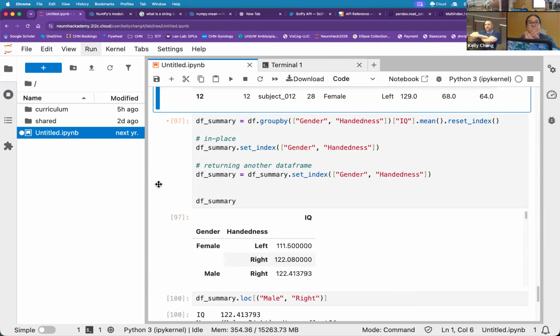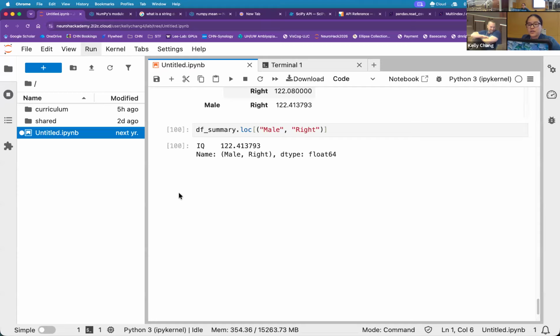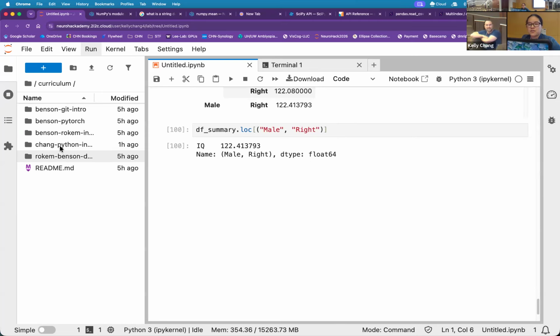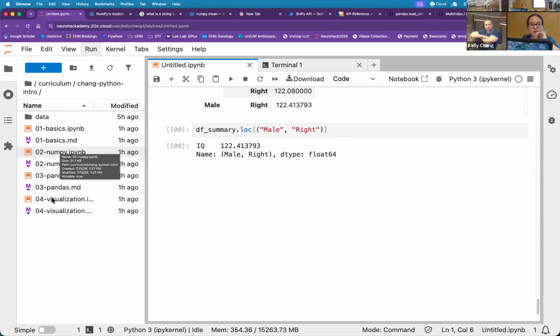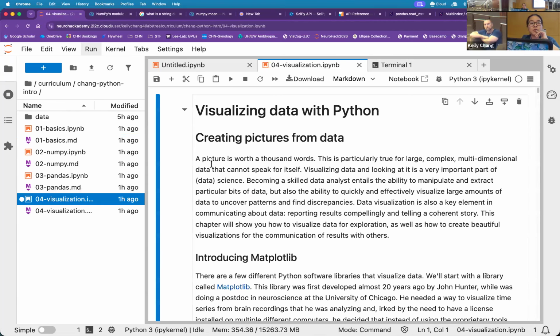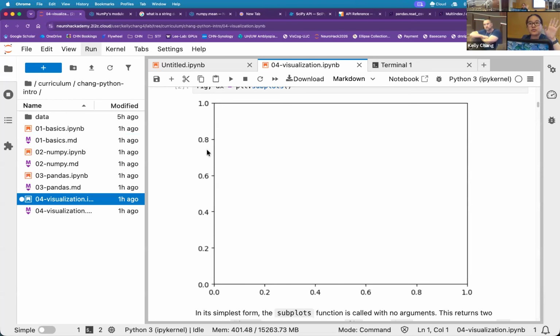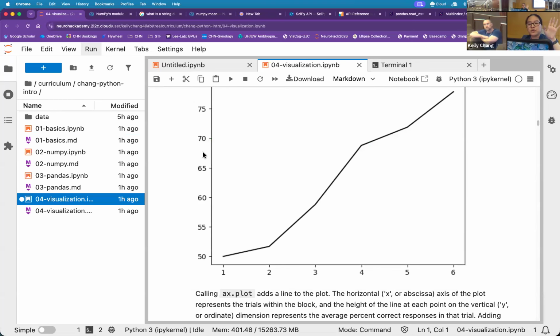I think we're at time, basically. There is more stuff that was used. This used to be 2 lectures, but most people know a bit of coding now, so we've done only 1. But there is also a visualization notebook in the curriculum. Please feel free to go do it or go look through it.